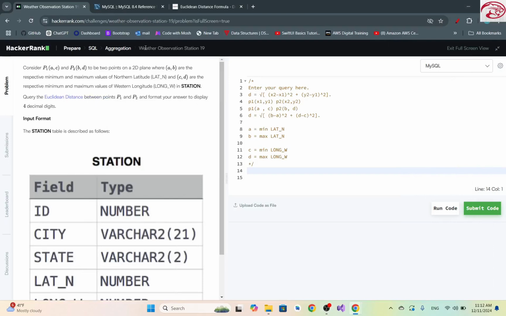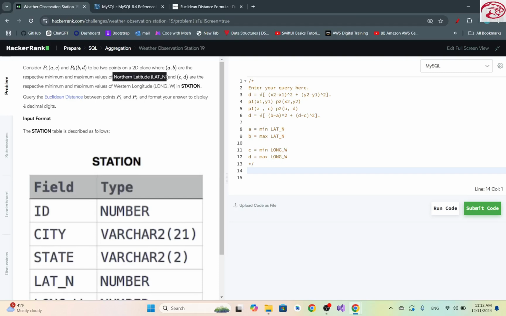Hello everyone, welcome back. Let's see the solution to Weather Observation Station 19, another medium SQL question on HackerRank. Consider P1 and P2 to be 2 points in a 2D plane where P1 is represented by coordinates A, C and P2 is represented by coordinates B, D, where A and B are respective minimum and maximum values of the